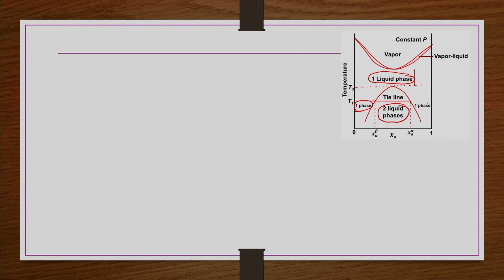Now, outside this envelope, it depends on the composition, not just at constant temperature; it depends on both the temperature and the composition. So there is a possibility of a single liquid phase that is rich in component A, and another phase that may be rich in component B. But within this envelope we can have both phases coexisting, that is LLE, liquid liquid equilibrium, between two liquid phases, alpha phase and beta phase, or liquid phase 1 and liquid phase 2, whatever you call it.